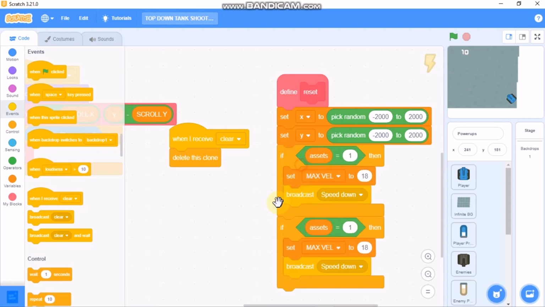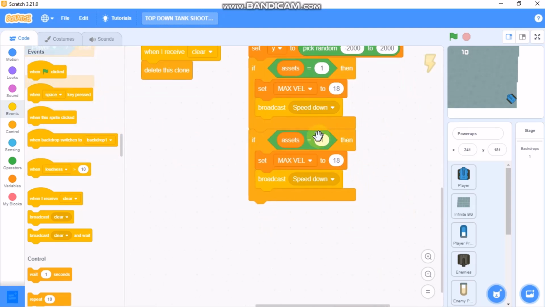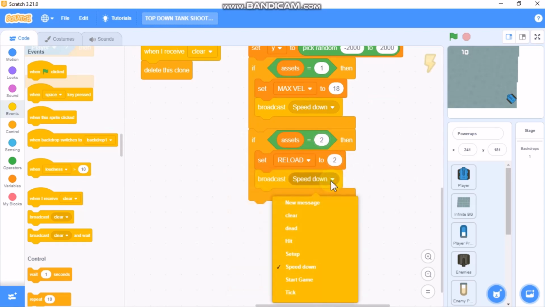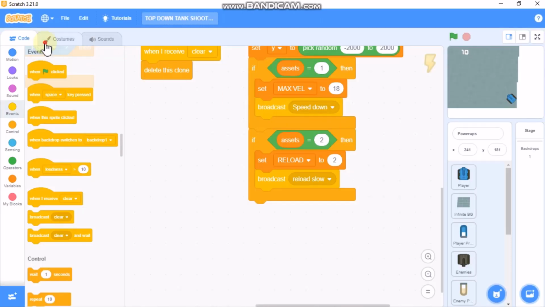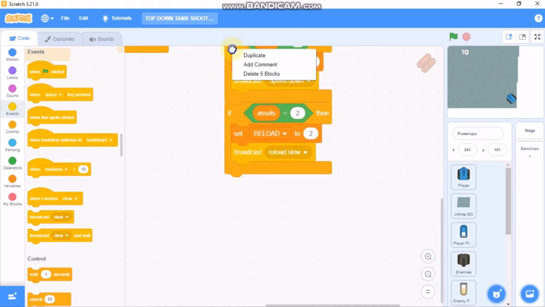And duplicate this, and if asset equals 2, then we need to set reload to 2. And then we need to broadcast reload slow, which is this costume. This block will make our missile shoot faster. So duplicate this,